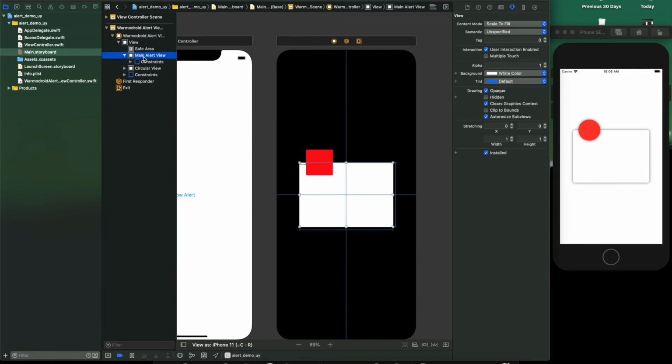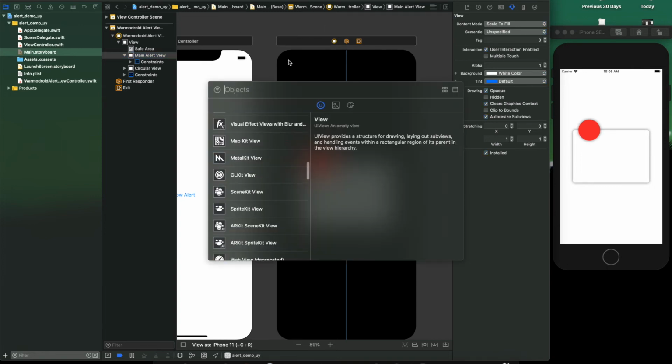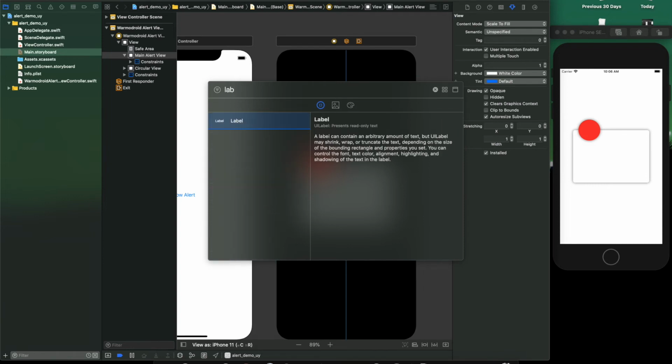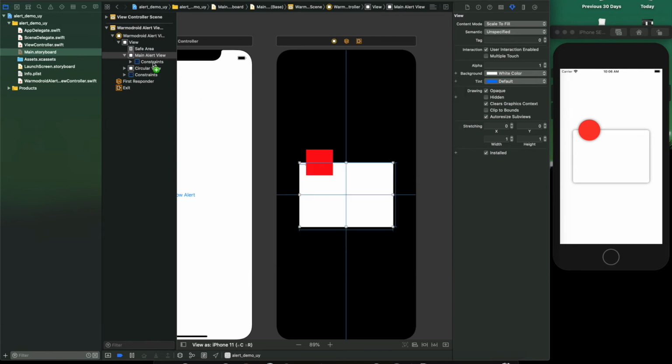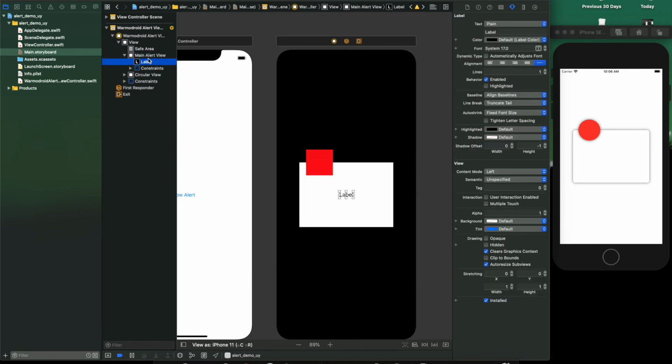Let's select the main view, because in the main view we have to give the button, and before button we can give the labels, so that the constraint will come more proper. We can give the title, and this we can make bold.